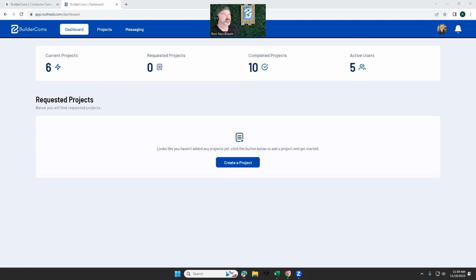It's Ron Newsbaum. I am the founder of BuilderComs, and today we're going to go over how to add and remove crew members from a project. And it's super simple. So let's go into our projects